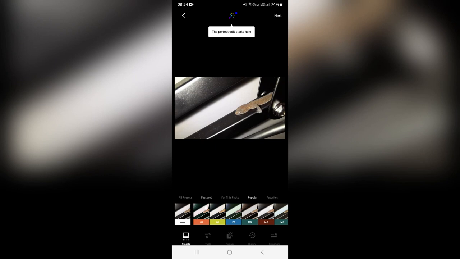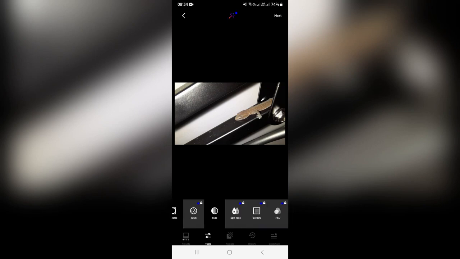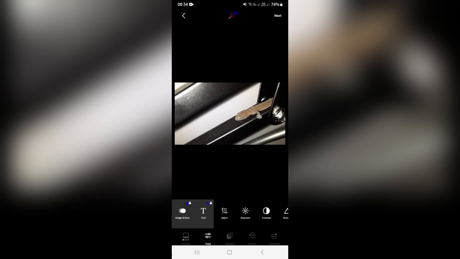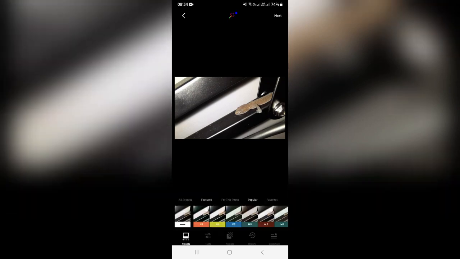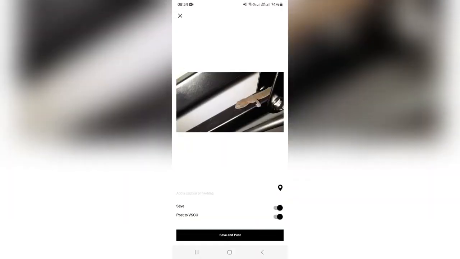So there's a couple presets, there's a couple tools that you can use here, and not everything is available for free. Some of the features are premium features. So let's presume that we are now complete with editing our image. We're going to go up to the top right hand side and tap on next, and over here it's quite